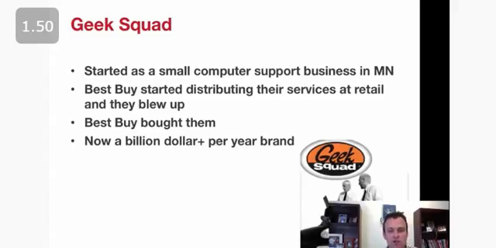Next, I know you've all heard of Geek Squad. I'm intimately familiar with Geek Squad because I actually almost sold my previous business to Best Buy, who had purchased Geek Squad. So I was very, very close to having that happen. Well, this is a famous business story, and for years Geek Squad was written about in Inc. magazine. It seemed like every day, because here it was, this small computer support business that started out in Minnesota, and this guy had built up a few locations, and all of a sudden Best Buy comes along and says,